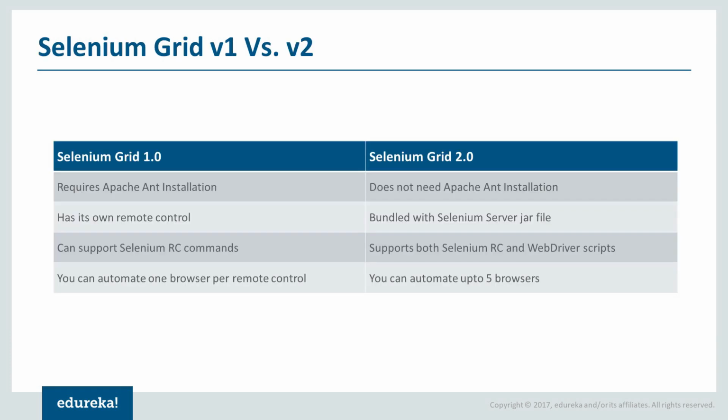So there are different versions of your Selenium Grid as well. You have Selenium Grid 1.0 and Selenium Grid 2.0. Selenium Grid 1.0 required an Apache Ant installation. Ant is a build tool, okay, which is used to build your dependencies. When we talk about Maven, we'll understand what Ant was as well, because Maven is also a build tool used for the same purpose, but an advanced version, I can say. It was built on the idea of Ant, but it is the advanced version. Ant is a little limited, okay? So your Selenium Grid basically needed this Ant. So what do you mean by dependencies?